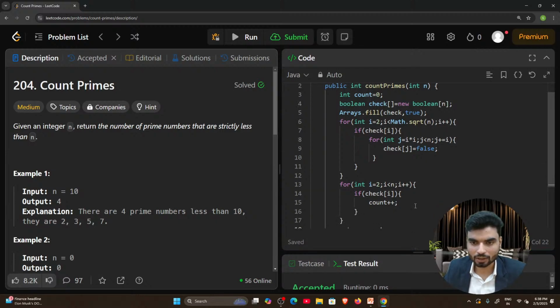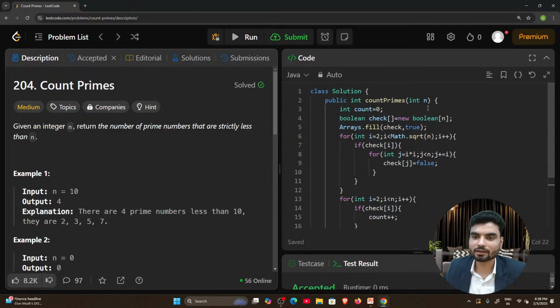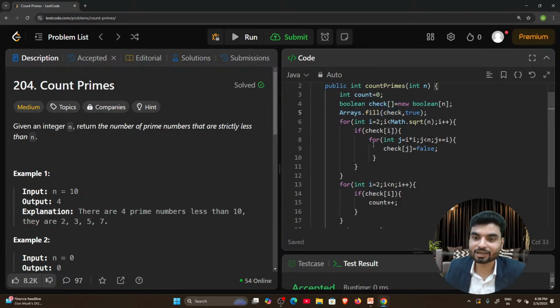So now again, let's say we have n equals 10. You will have an array of size 10, with indices 0 to 9, right? All the values of that array will be filled with true, yes or no? Again, because we know that if a particular number is not a prime, then its multiple will exist less than or equal to the root of n. That's why we are doing this logic, right? I could check till n also, but that will take a lot of time. It is fine for us to check till root n, right?